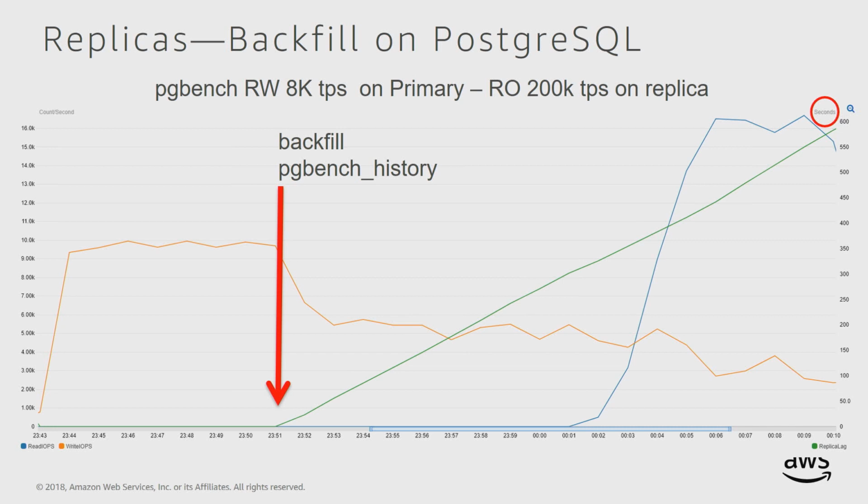But anyway, we're going along, we're fine. This is what you'd want to see if you're running a replica. It's basically okay for Postgres. And then I did a backfill on pgbench history. What did I do here? I said, basically, update pgbench history, set column X to 16, no where clause, so just backfill the